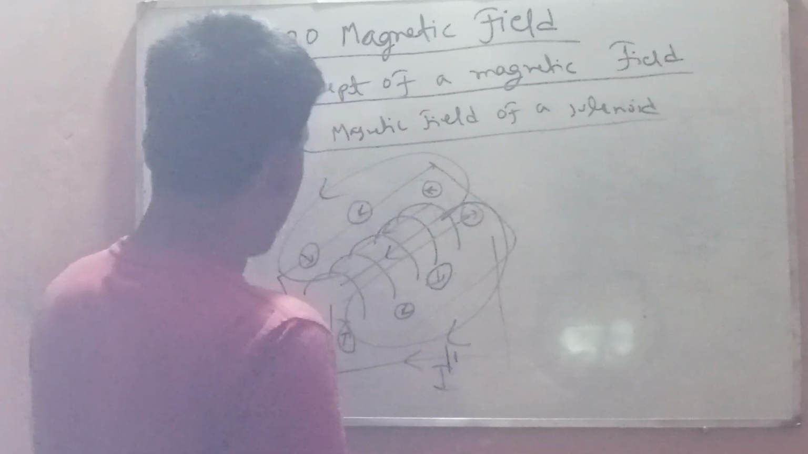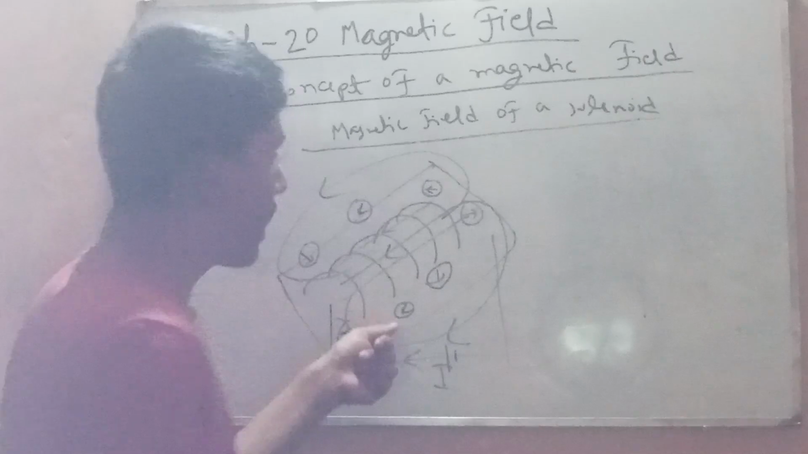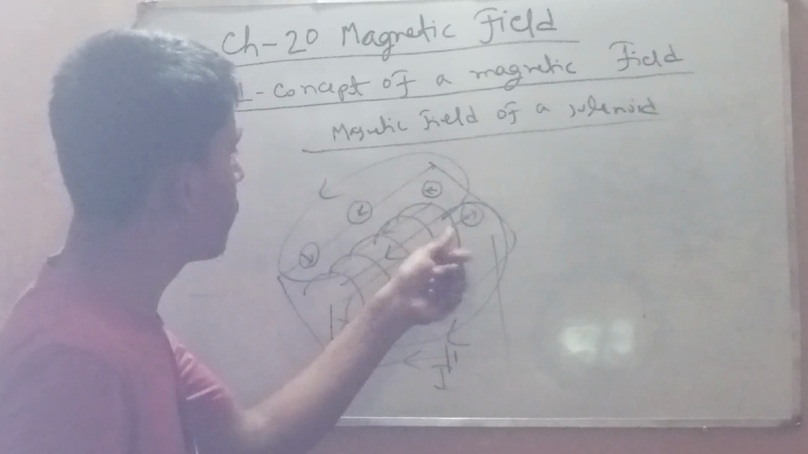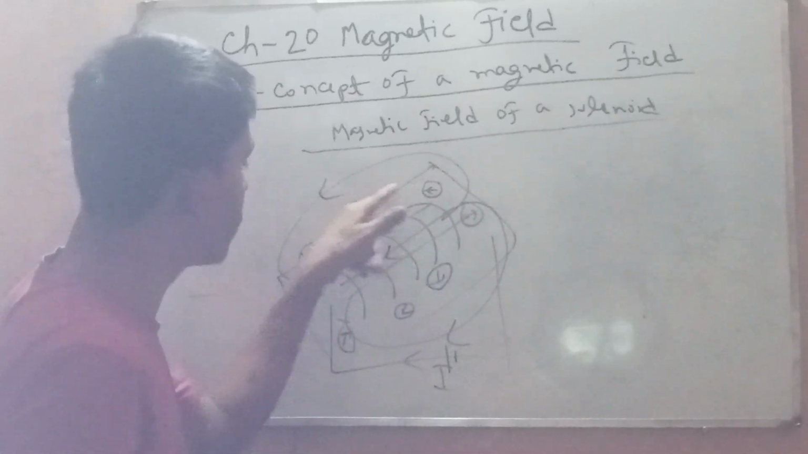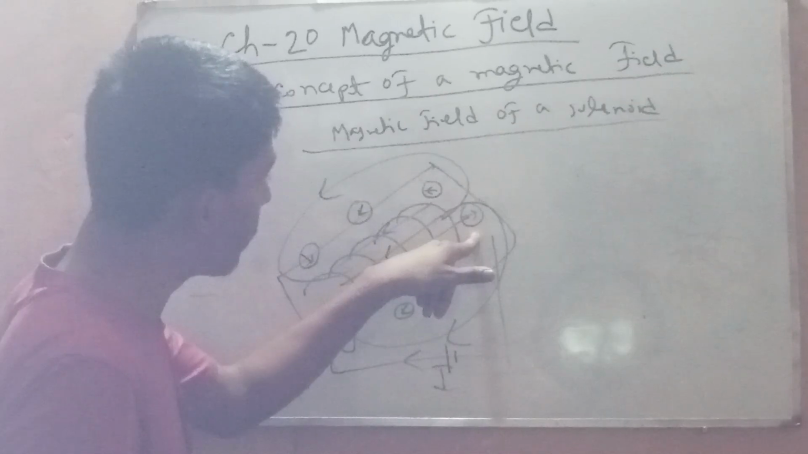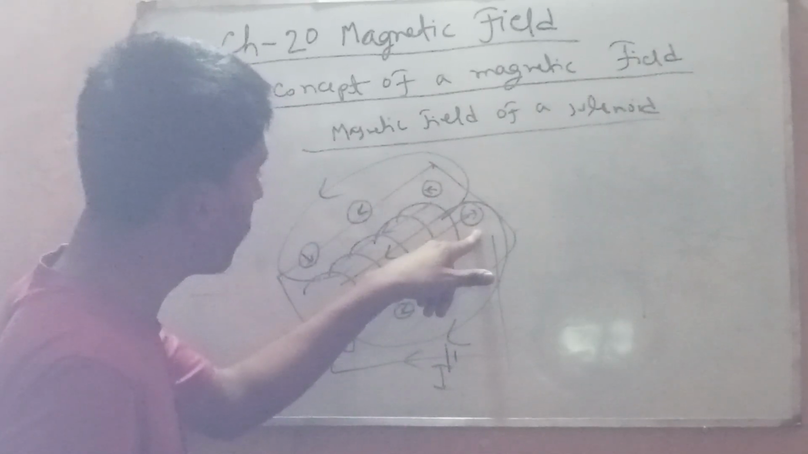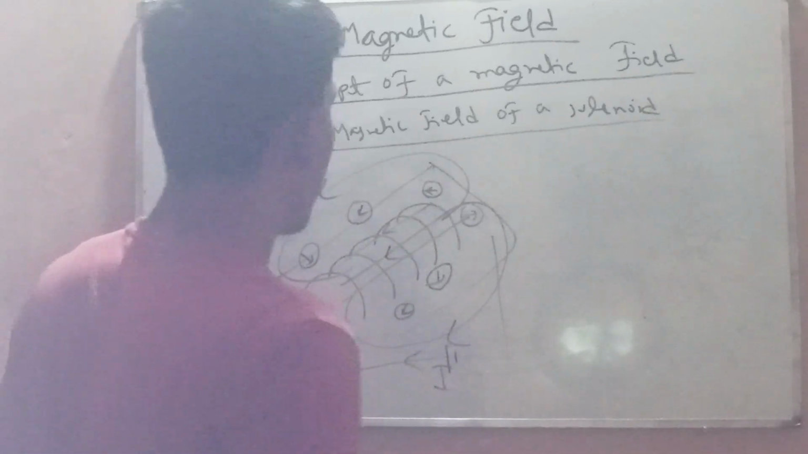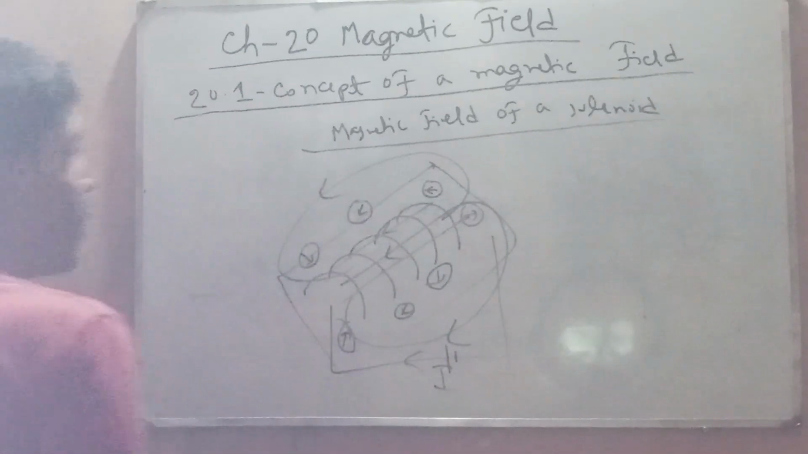Flowing current through a solenoid, and the magnetic field direction will be, if we place some compasses around the solenoid, then the force on the north pole of the compasses will be the direction of the magnetic field. Then another rule is